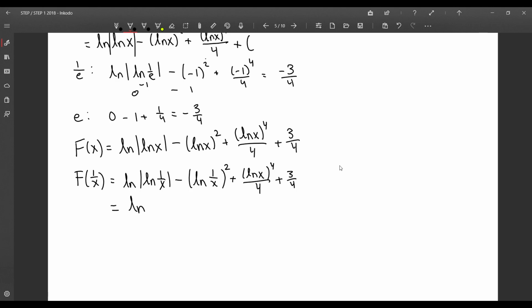So this is going to give us a negative ln x, but we take an absolute value, so it just becomes ln x again. This is also going to give us a negative, but we square it out. And this is also, sorry, there should be 1 over x here. This is also going to give us a negative ln x, but we square it out. So everything remains the same, and these two